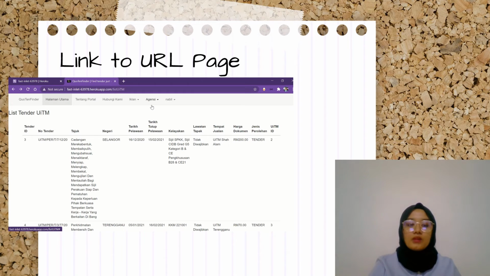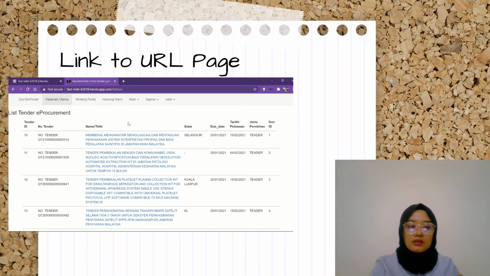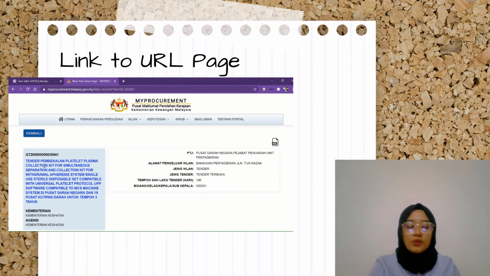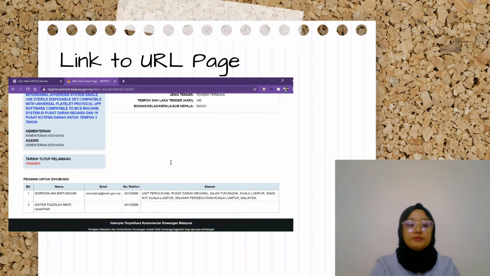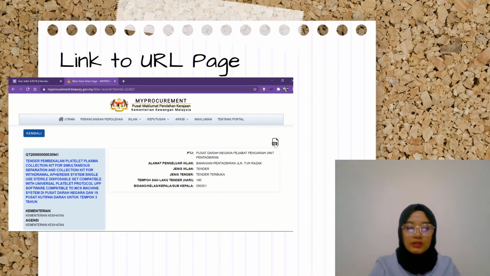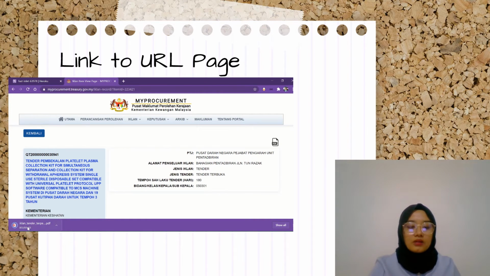Other than that, for the government tenders that we scrape, it gives the URL page. Here, if you go through the government tenders or the quotation tenders, it has the list, the titles that have hyperlinks. So the user can click on it and it will go directly to the URL of this website. It will give you its own details and also give the PDF download. Here, the user can download, and